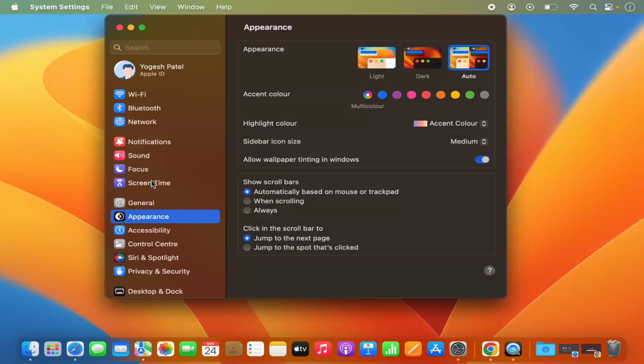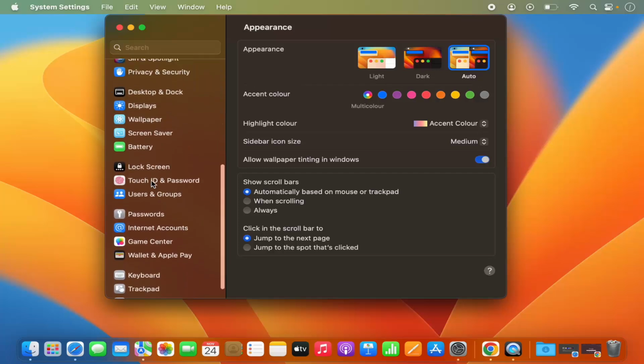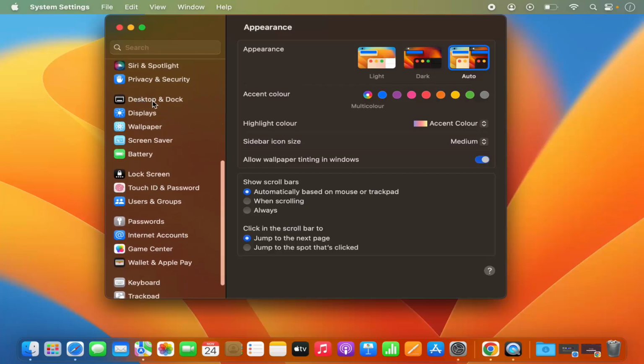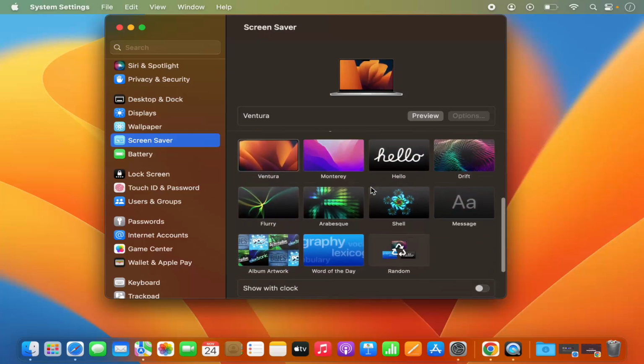Now on the left hand side, when you scroll down, you will see a section called desktop and dock, and under that you will also see this screensaver option. If you don't see the screensaver option, just search for it and you will find it. Once you find that, just click on the screensaver option and then you will be able to see all these